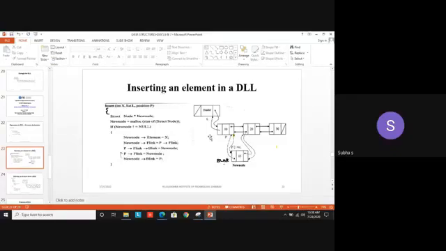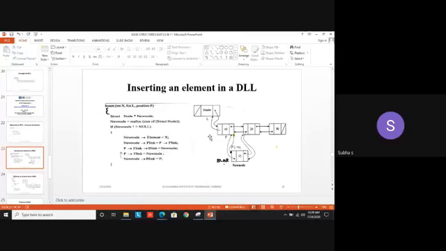But for a doubly linked list, there is a possibility of traversing the list in the reverse direction also. For that we are using the backward link. See this example. We have 3 elements, 10, 20, 30. Suppose I want to traverse in the reverse direction, what will be the head node here? 30. Okay, 30 is my first node.